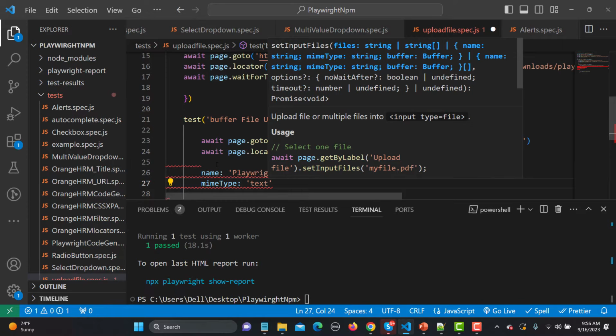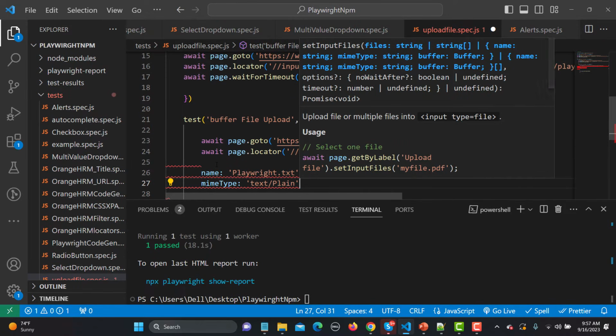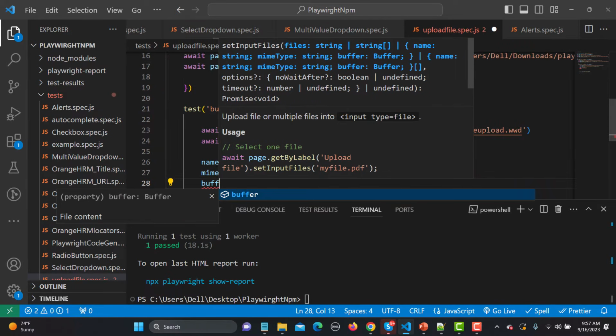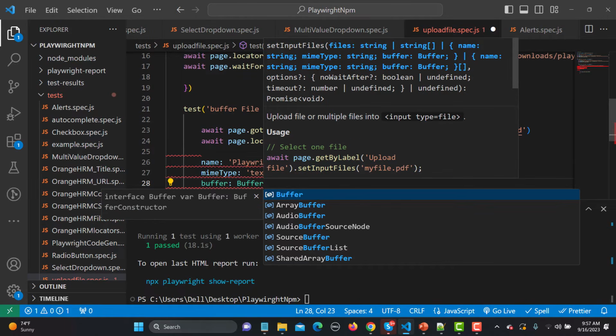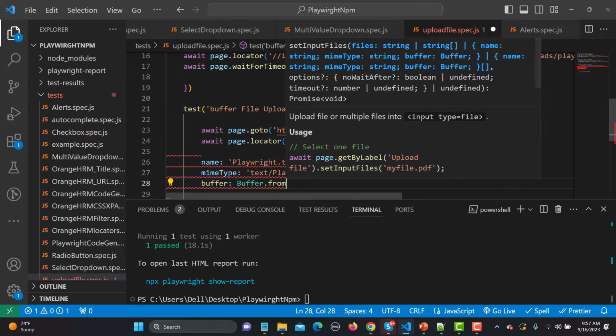And the third thing is that we will be using a buffer here, Buffer dot from,